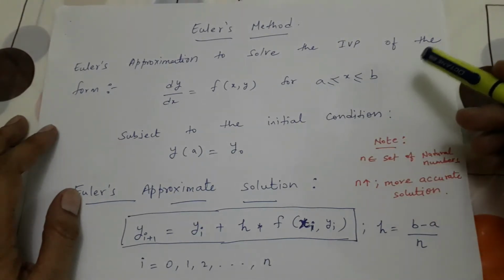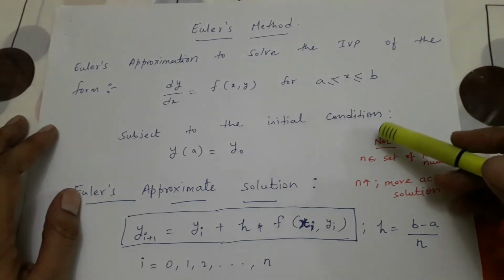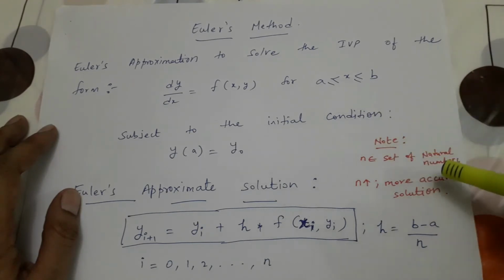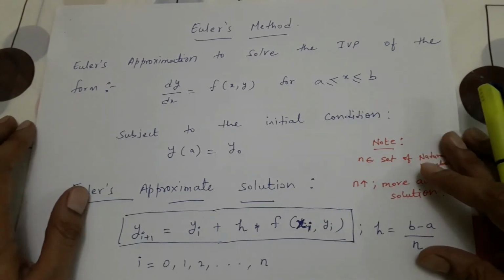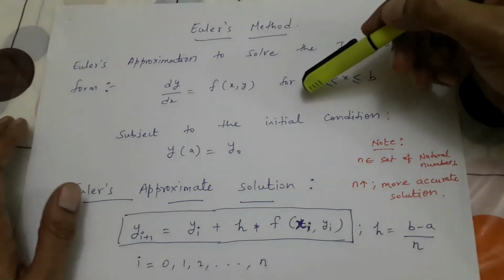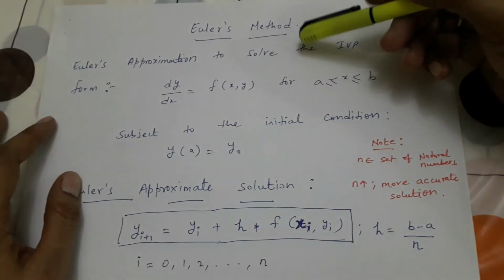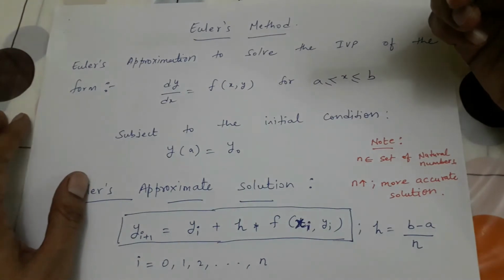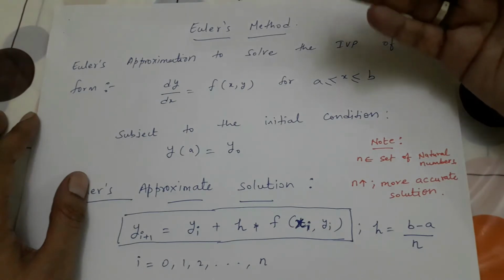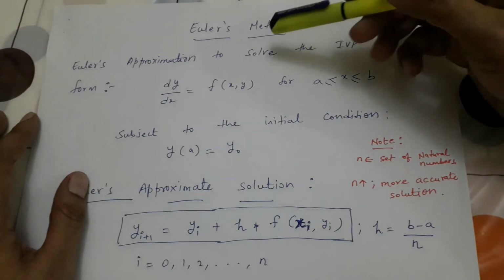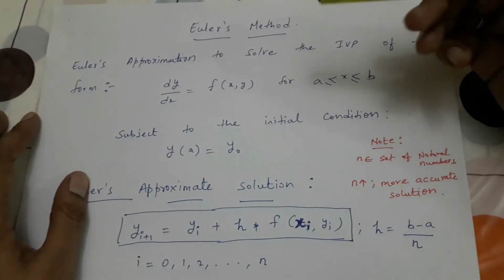There are other methods also, like Runge-Kutta method of order 2 and Runge-Kutta method of order 4. Runge-Kutta method of order 4 is the latest, fastest and more accurate method, whereas Euler's method is less accurate. But because of its simplicity, many software packages use Euler's method. Since these days we are using super fast computers, we can increase the accuracy of Euler's solution by following some steps.